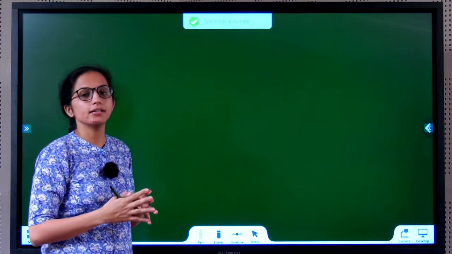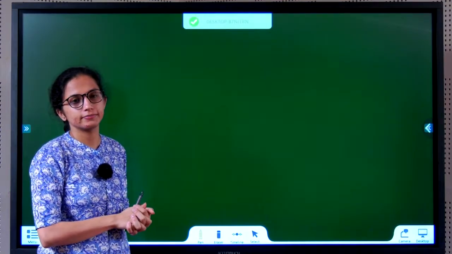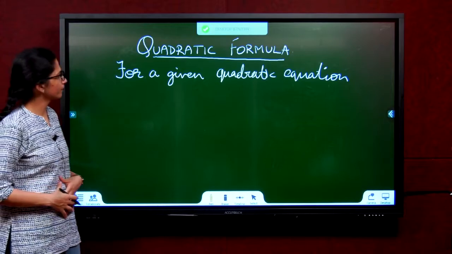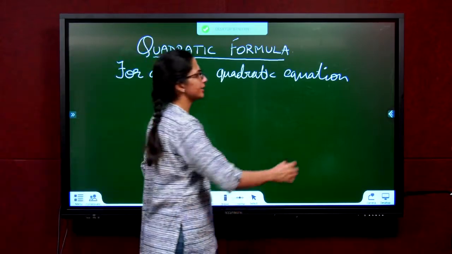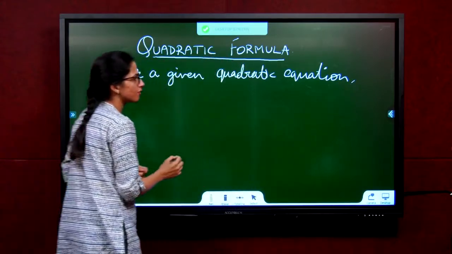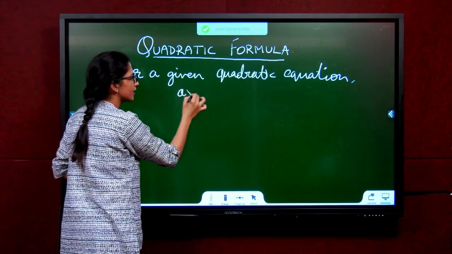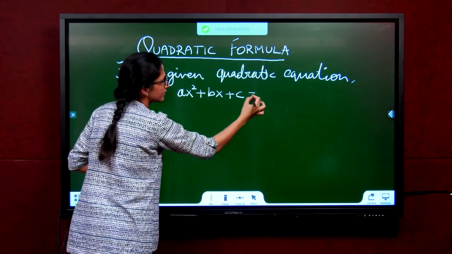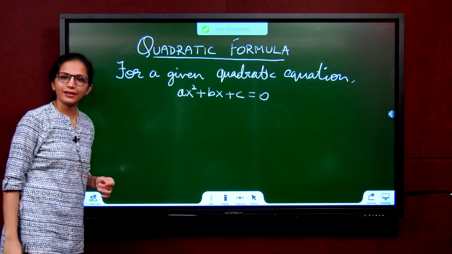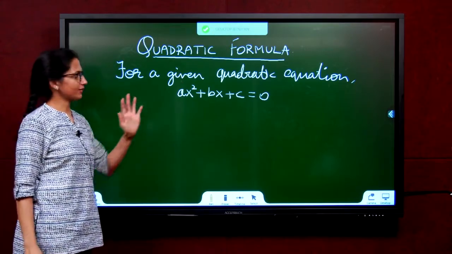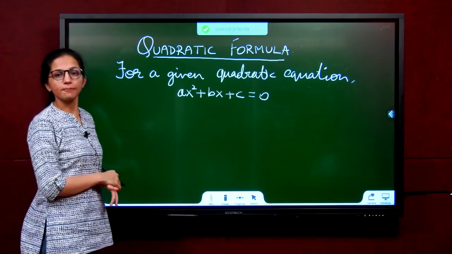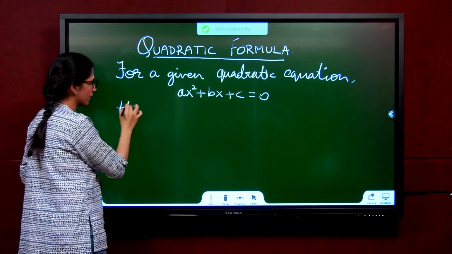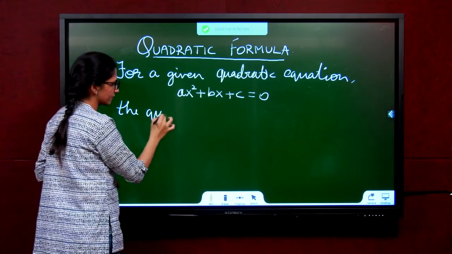Now let us see the quadratic formula method. So now let us understand how to apply the quadratic formula. For a given quadratic equation, what is the general form of a quadratic equation? ax square plus bx plus c equals 0. We know how to factorize it. What if I do not want to factorize it and I want to use a direct formula? Is it possible? Yes. The quadratic formula is given as